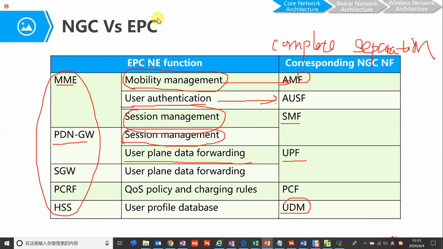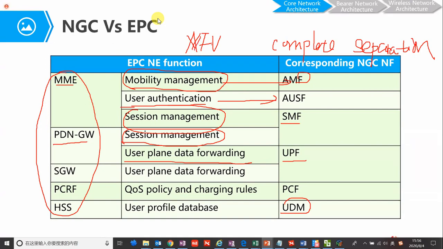No, these functions, all of them are embedded in the NFV, I mean network function virtualization, at the backhaul.